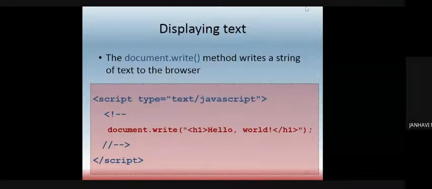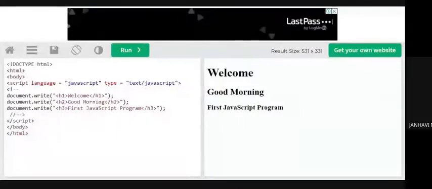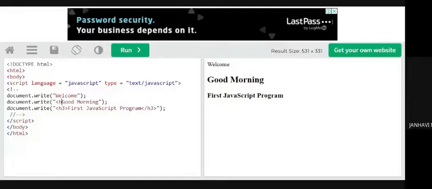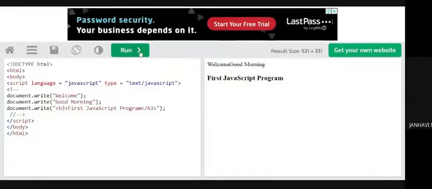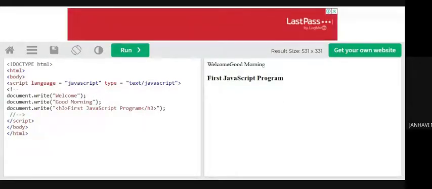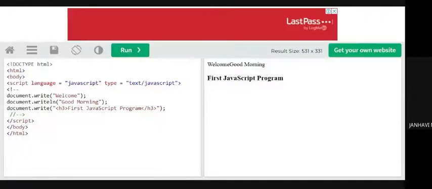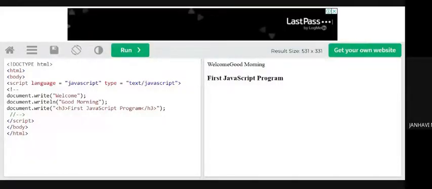Now the same thing, if I do not include header 1, then it is not following any of these properties. Suppose I'm not including any header and I'm just displaying onto the screen. This happens. Now see, welcome, good morning, then end your JavaScript program.